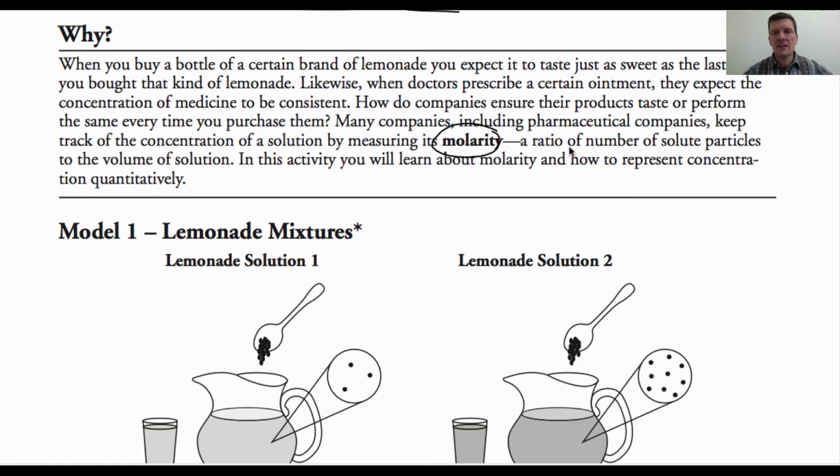So basically we're going to be looking at the ratio of the solute particles to the volume of the solution. It is going to be a ratio again. It's going to be a certain amount of solute per volume of the solution. Remember we talked in previous videos that often when we're talking about the number of something in chemistry, we're looking at moles. So moles of solute,